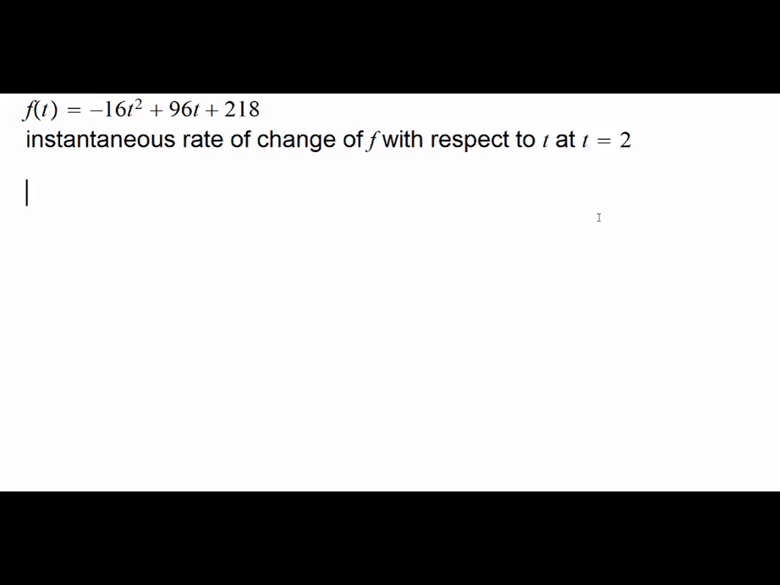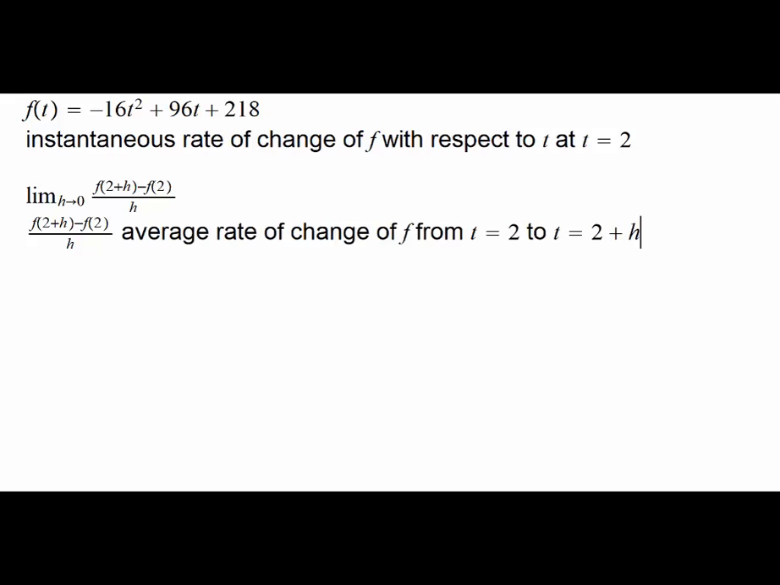So we have a function f of t equals negative 16t squared plus 96t plus 218, and we are going to find its instantaneous rate of change with respect to t at t equals 2. Now, at t equals 2, the instantaneous rate of change is defined by this limit if it exists, and we are looking at the limit of the quotient f of 2 plus h minus f of 2 divided by h,